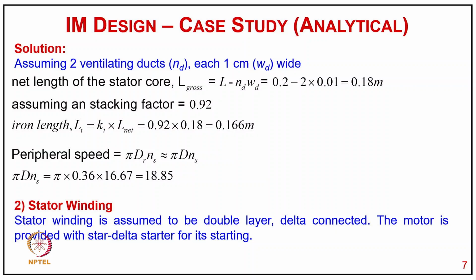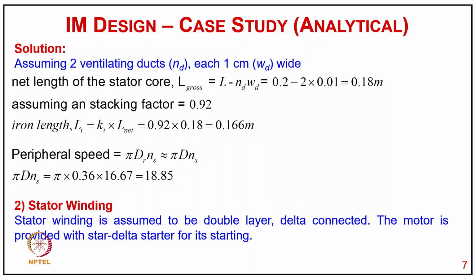So we have a couple of ducts here. So the net length of the ferromagnetic material in the core, L net, is L minus Nd Wd, where Wd is the width of the duct. So the net core length comes as 0.18 meter